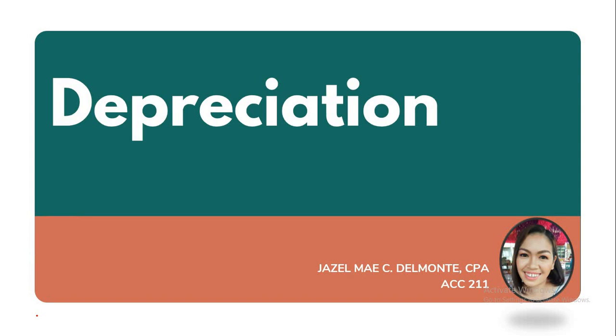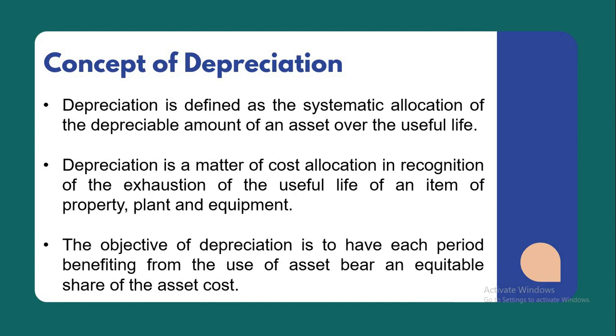And our topic for this video is all about depreciation. So what do you mean by depreciation? Depreciation is defined as the systematic allocation of the depreciable amount of an asset over the useful life. Depreciation is a matter of cost allocation in recognition of the exhaustion of the useful life of an item of property, plant, and equipment. So depreciation is done because of the usage or exhaustion of an asset